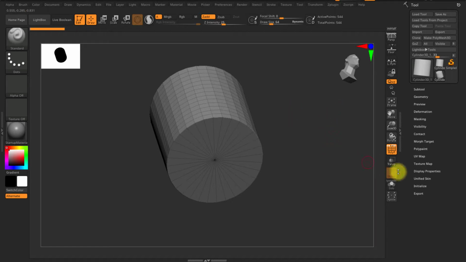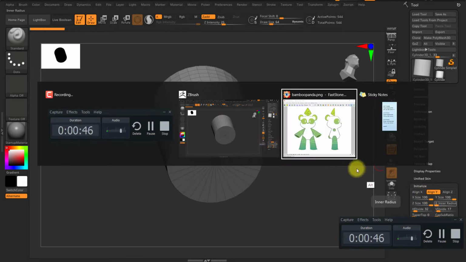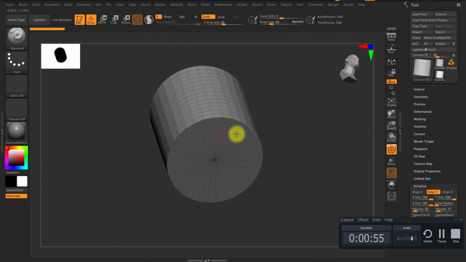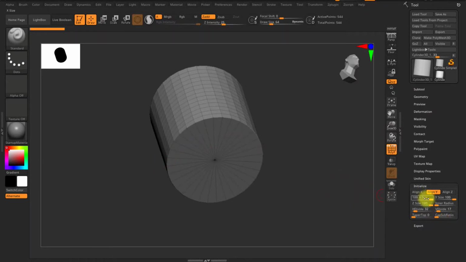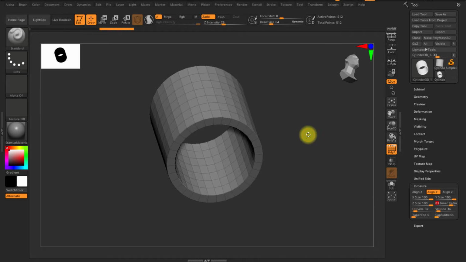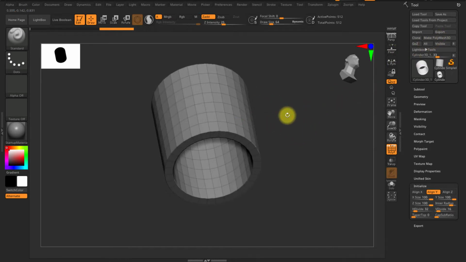What we are looking for is the initialize, and this is the most important thing here because the reference is showing the image here. So there is a cavity, so we want to get to that. All right, so to do that, the inner radius will be adjusted. So let me just increase it first and hold on for a second. So before I hit make polymesh, I want to make further adjustments to make it as close as possible to